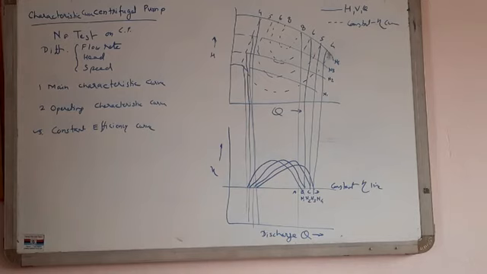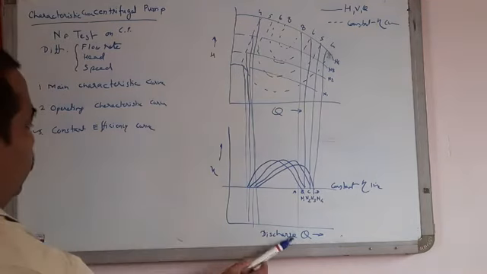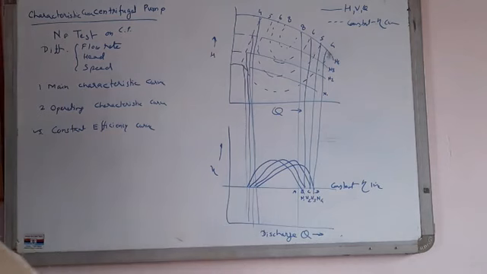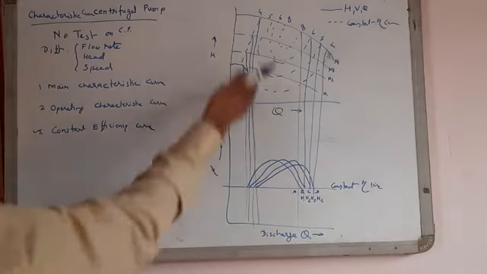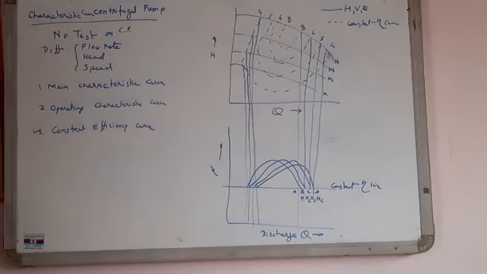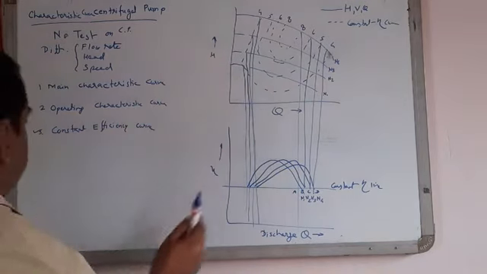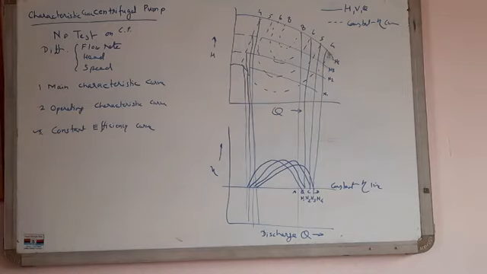For plotting the constant efficiency curve, also known as the iso-efficiency curve, horizontal lines representing efficiency are drawn on the eta-Q curve. This is the horizontal line, the constant efficiency line. The points at which the line cuts the efficiency curves at various speeds are transferred to the corresponding HQ curves. This smooth curve represents the iso-efficiency curve.